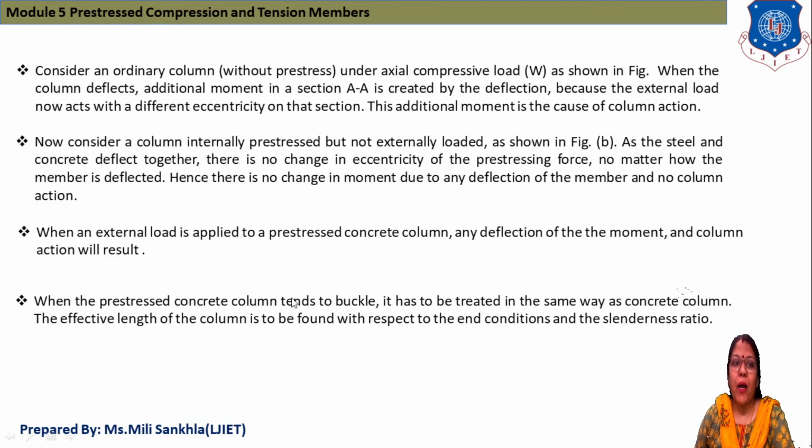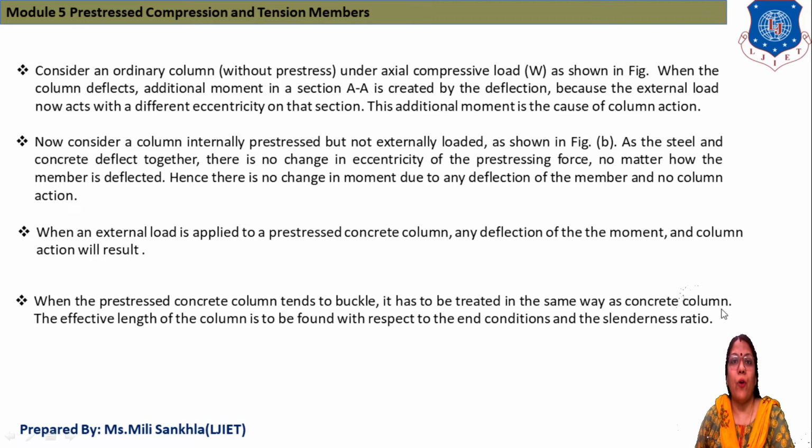Now fourth one, when external load is applied to prestressed concrete column, any deflection of moment and column action will result. When the prestressed concrete column tends to buckle, tends to deform, it has to be treated in the same